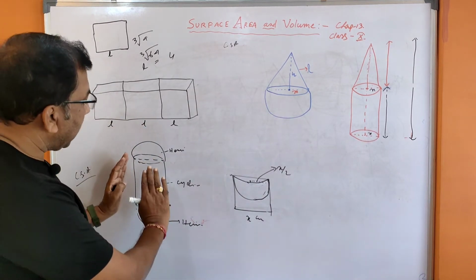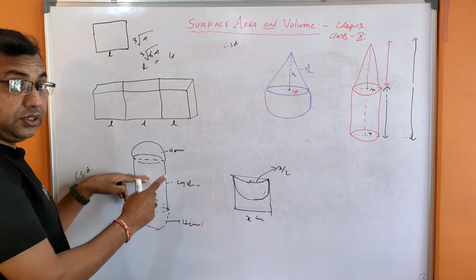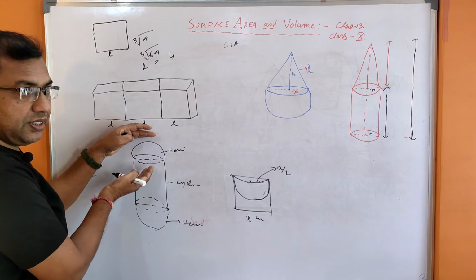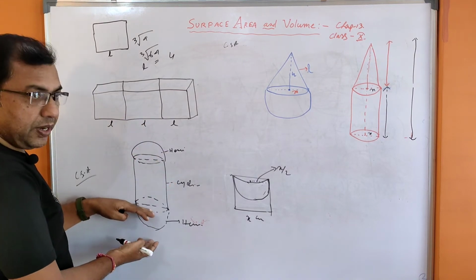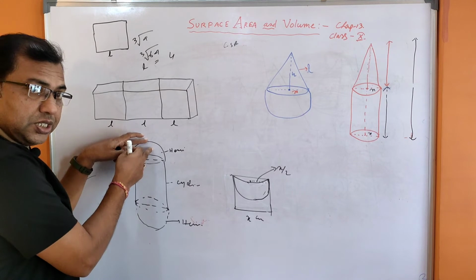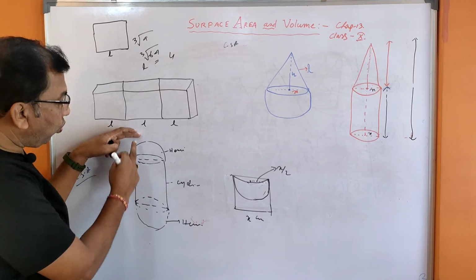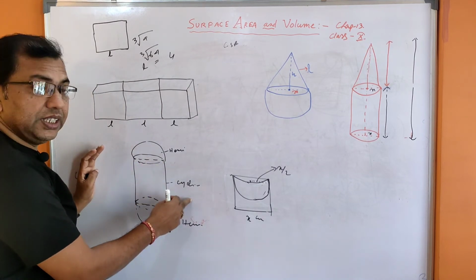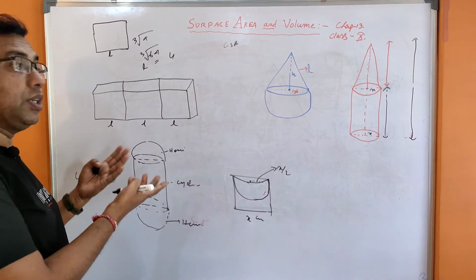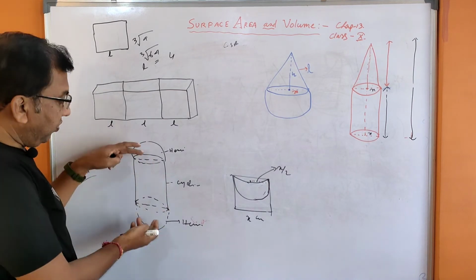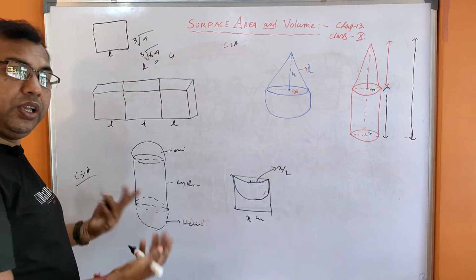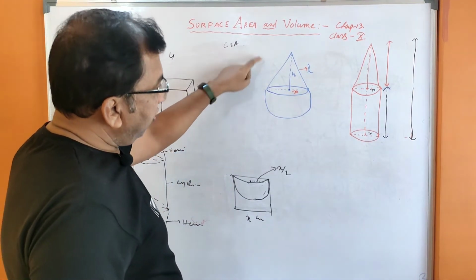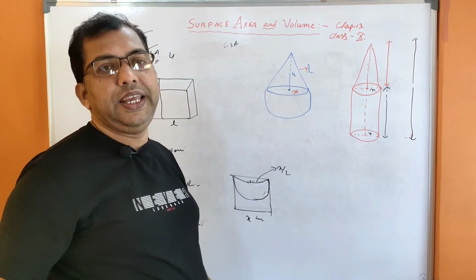So you have to find out the curved surface, that is not the total surface area. Just mind it. The curved surface area of the cylinder and the curved surface area of the hemisphere. Two hemispheres will be equal to twice the surface area of a hemisphere, and also the curved surface area of the cylinder. Add it. For total volume, it will be the volume of this, this and this. So total volume can be easily found out. In this case, you may be asked to find the volume or area, whatever.